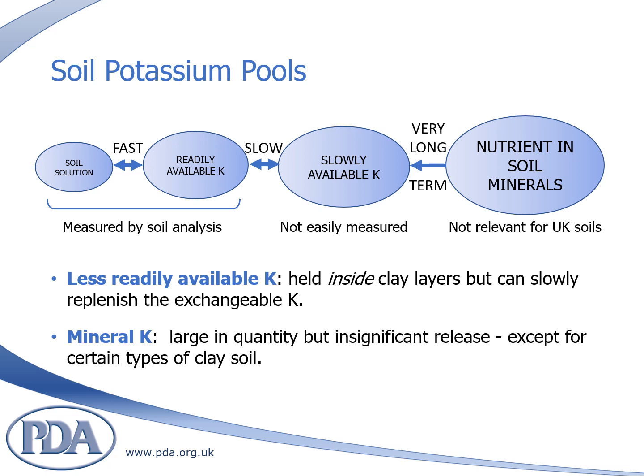The less readily available K is potassium that has been retained within soil minerals from previous applications of fertilizers and manures, or has been released from native soil minerals by weathering. This pool of K is difficult to measure in the laboratory and is not usually determined for advisory purposes. However, field and glasshouse experiments have shown that K in this pool is slowly available to crops and is a vital source of potassium. The very slowly available K, or mineral matrix K, is the K in native soil minerals such as feldspars and micas.